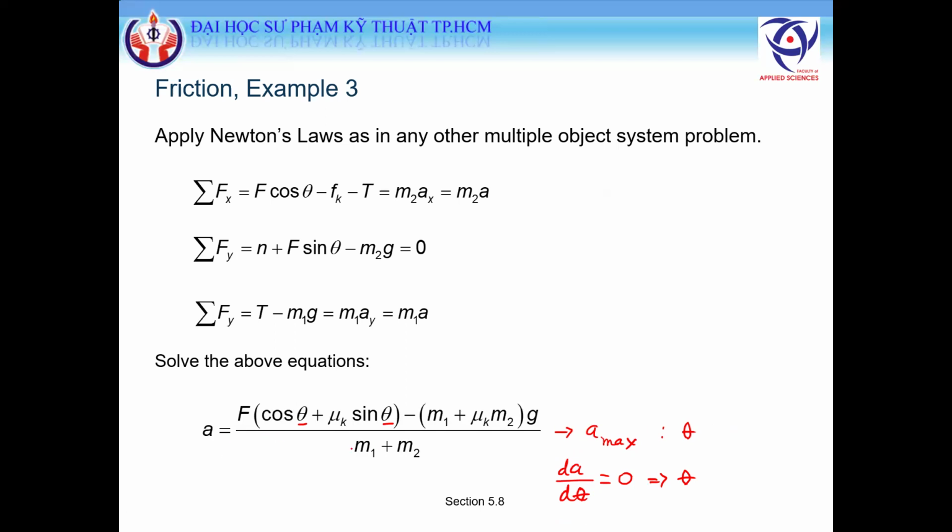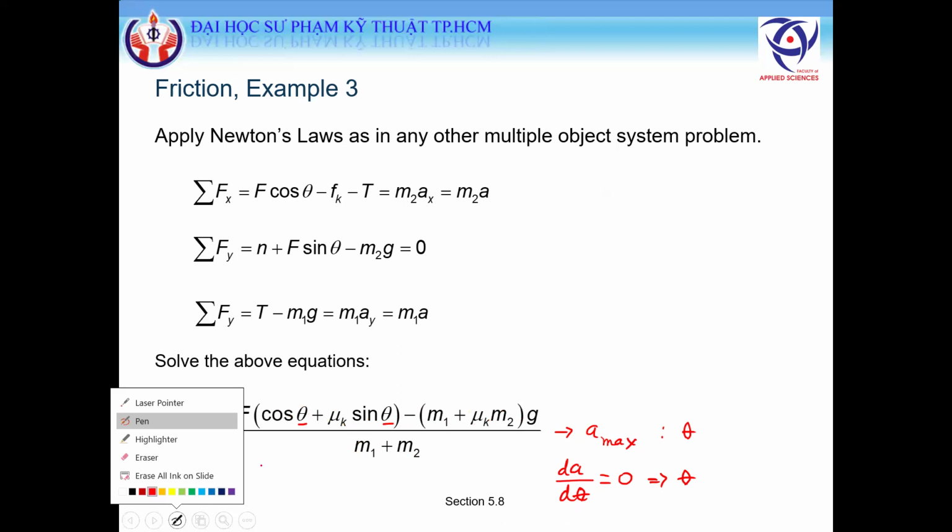So how? You see here M1 and M2 are constant. And this is constant too. So if you take the derivative with respect to theta here, you will get dA over d theta